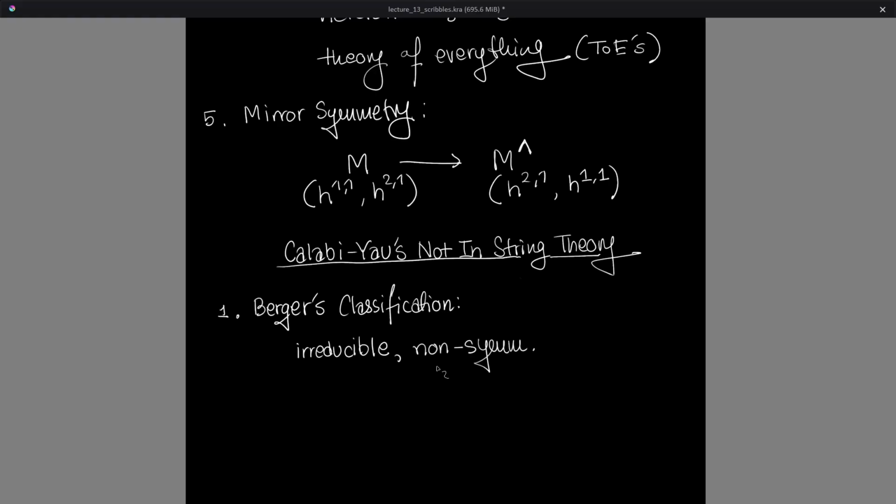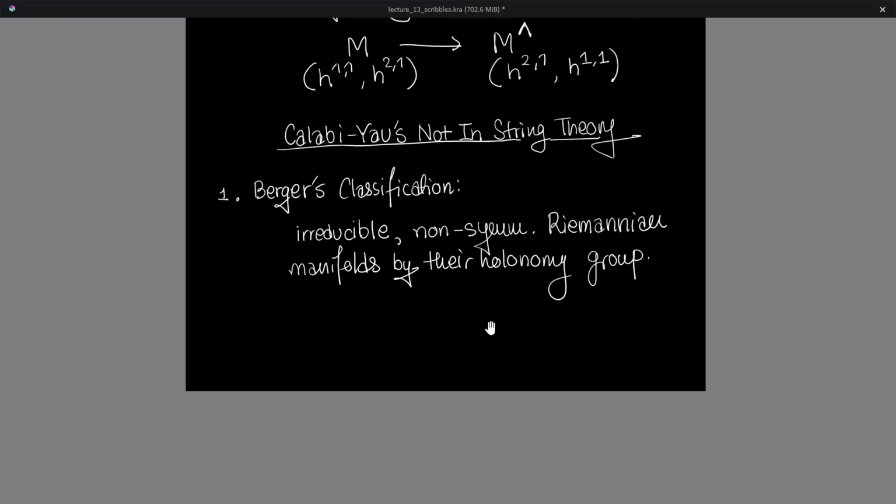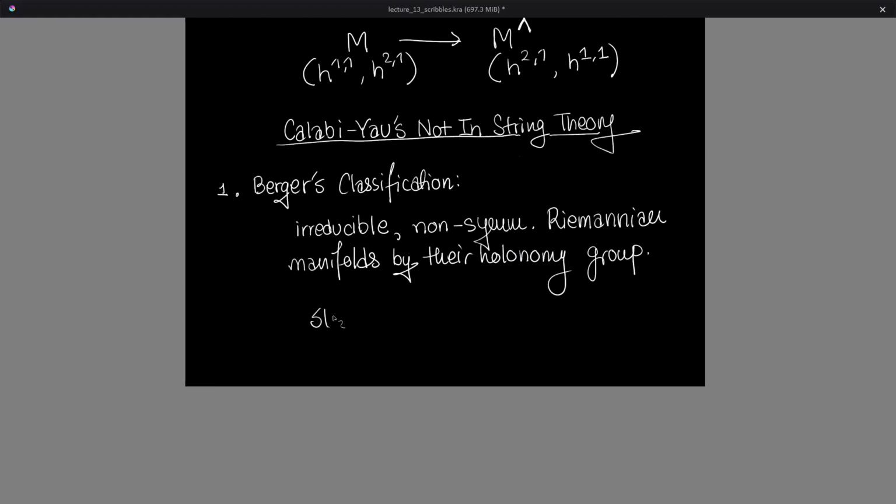non-symmetric Riemannian manifolds by their holonomy group. And of course, the category for SUM is the Calabi-Yau. That tells us that in this classification, every manifold that falls under the SUM holonomy also has to have Ricci flat metrics. So moving on to the second one, number 2, we get this link between algebraic conditions